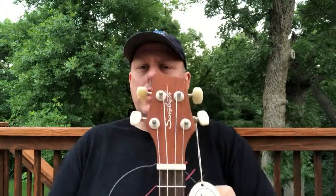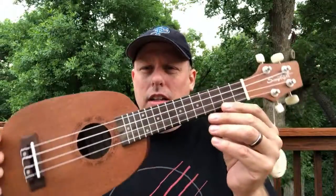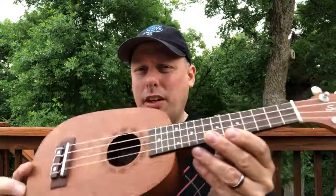So this is the Sawtooth. The actual designation is STUKEMPS, and I will try to put a link to this instrument on this video where it is available at walmart.com. Again, generally, if you're going to buy an instrument, buy it from a dealer who will do the setup for you, and